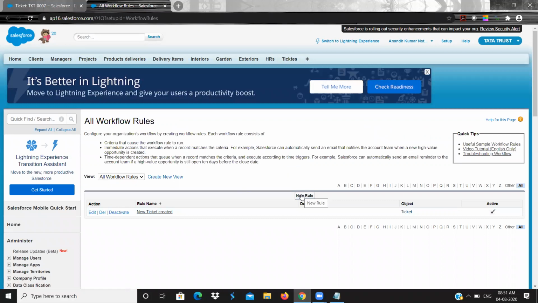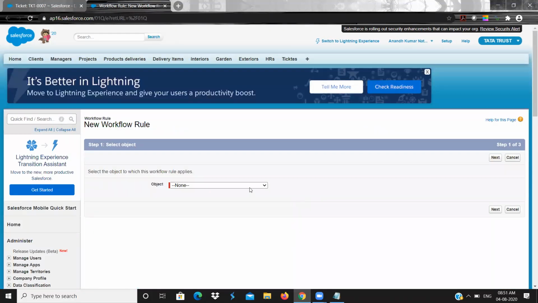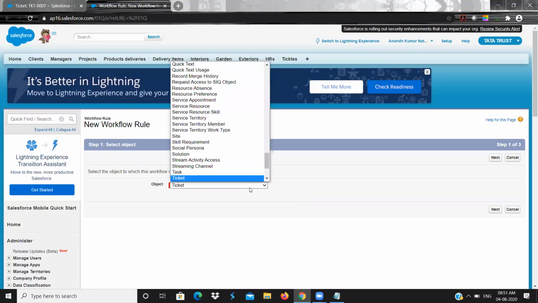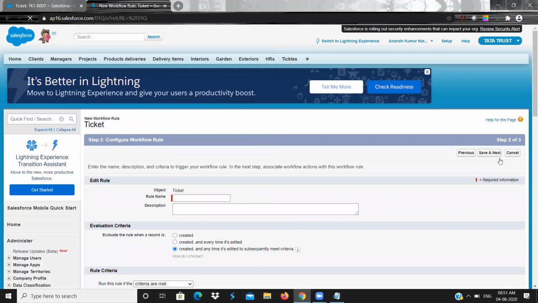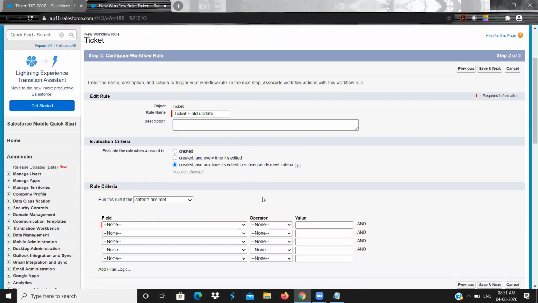Now click on new rule. So select the object name, ticket object. Next, the rule name is ticket field update. So now what I want is, you know that created means insert.